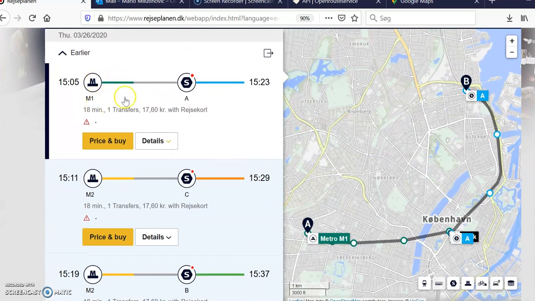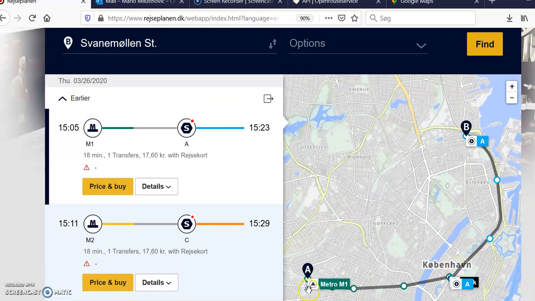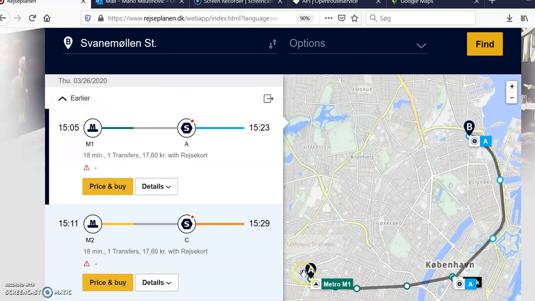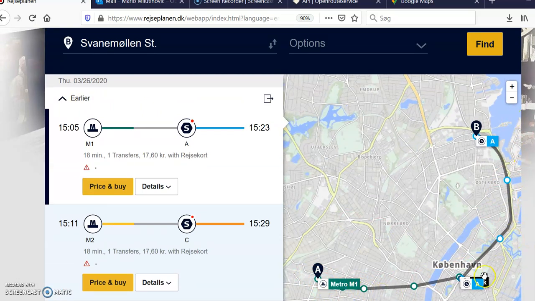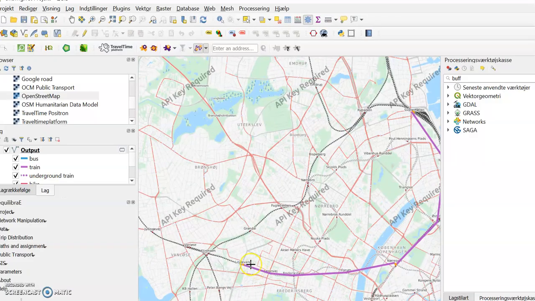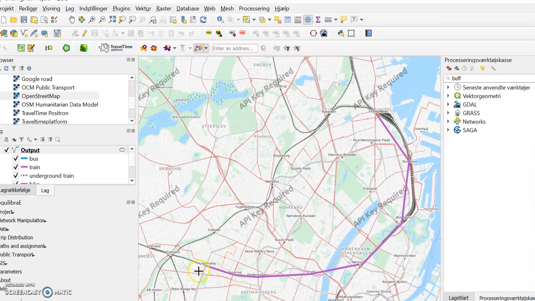And you see, when I travel at around 3 o'clock, I actually get the same route as the official web page that stores all the updated data based on public transport in Copenhagen. So the travel time plugin from QGIS is somewhat